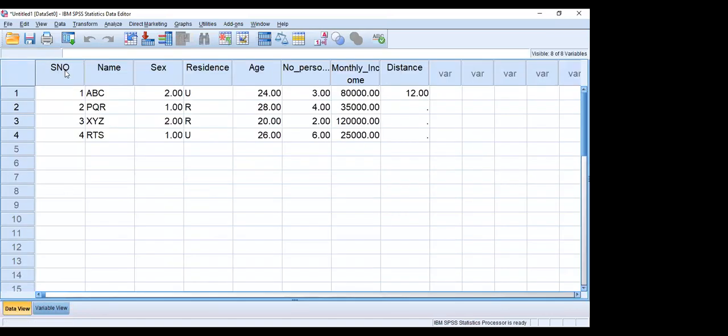So in this database, the variables are serial number, name, sex, resident, age, number of persons, monthly income, and distance. So now in order to get the per capita income, what do you have to do? Click on the transform.